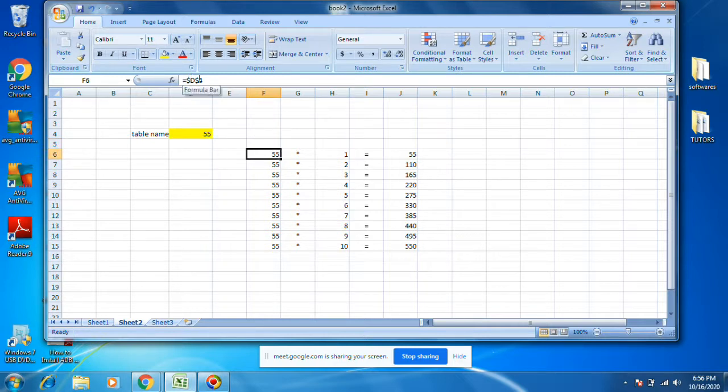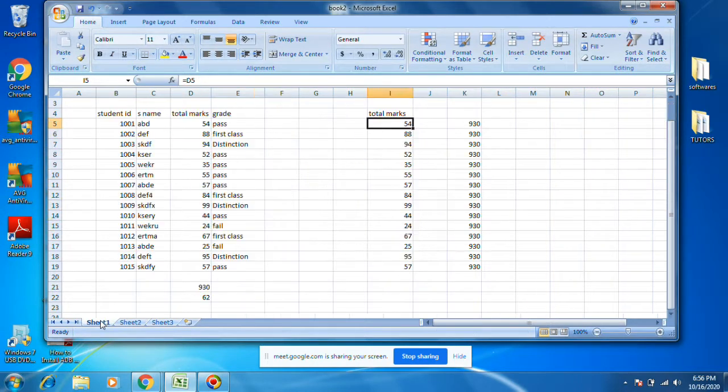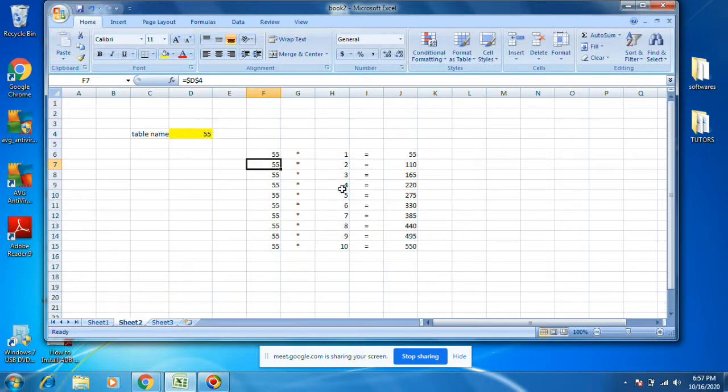You put dollar dollar, and if you drag, the value will not change. You see, dollar dollar everywhere. Whereas in cell reference, everywhere the value will get changed. The corresponding values will print. This is called absolute reference. Next thing is